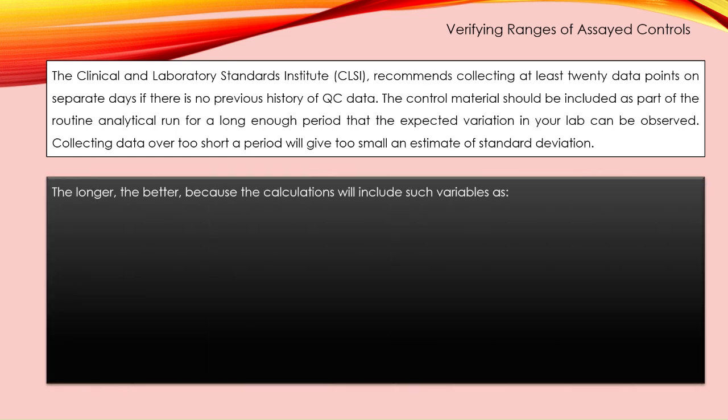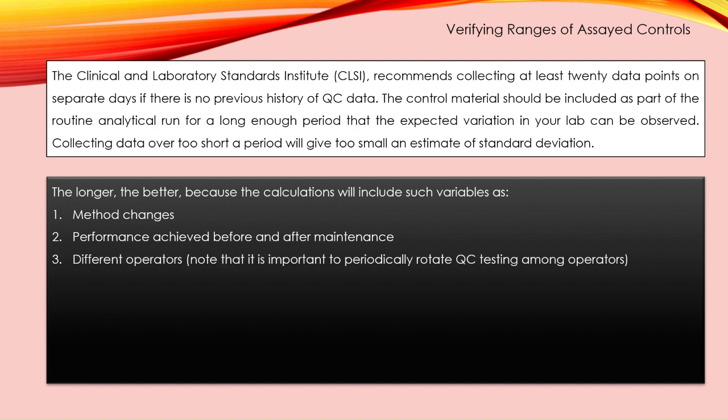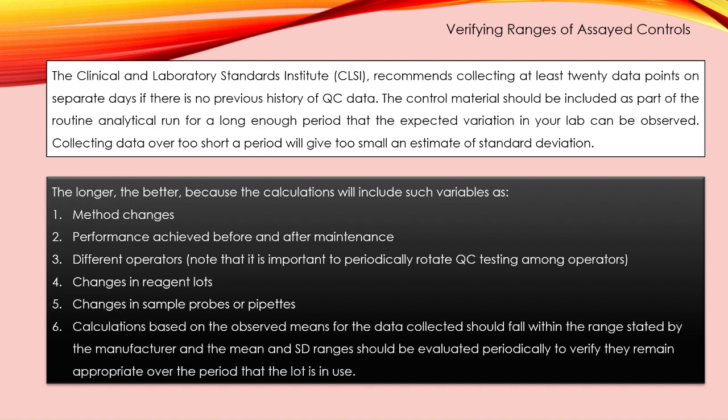The longer, the better, because the calculations will include such variables as: 1. Method changes. 2. Performance achieved before and after maintenance. 3. Different operators. Note that it is important to periodically rotate QC testing among operators. 4. Changes in reagent lots. 5. Changes in sample probes or pipettes. 6. Calculations based on the observed means for the data collected should fall within the range stated by the manufacturer, and the mean and SD ranges should be evaluated periodically to verify they remain appropriate over the period that the